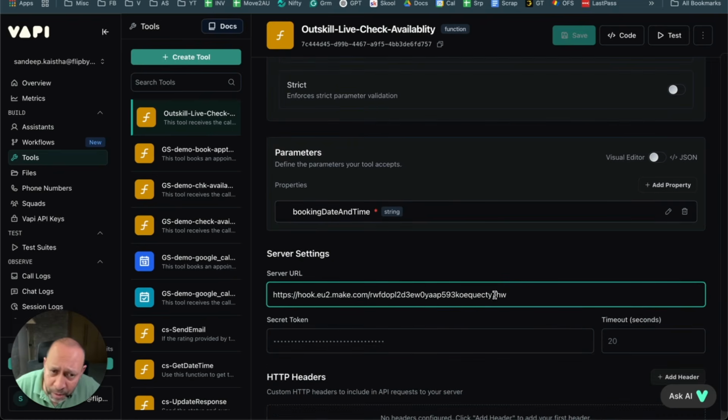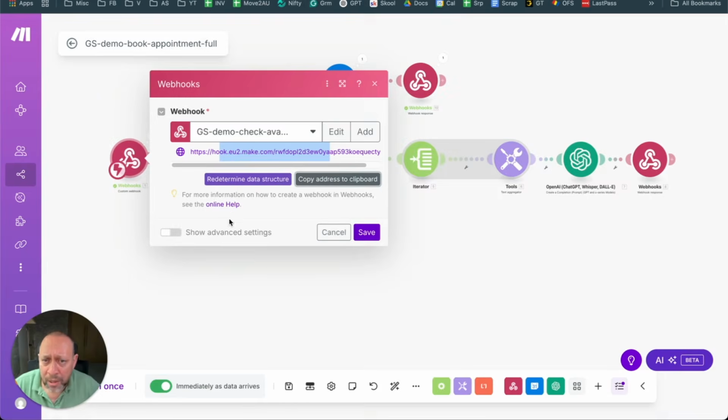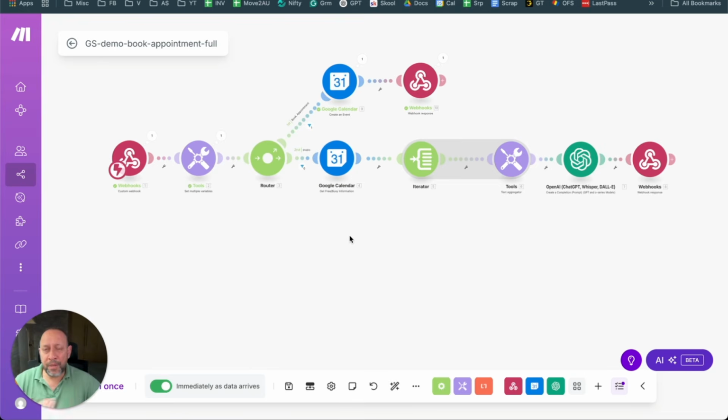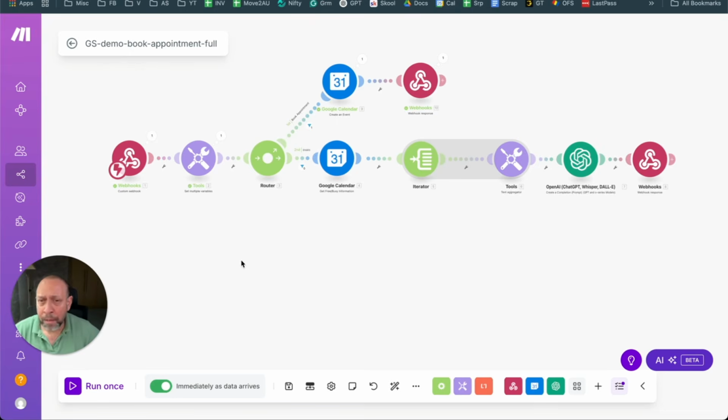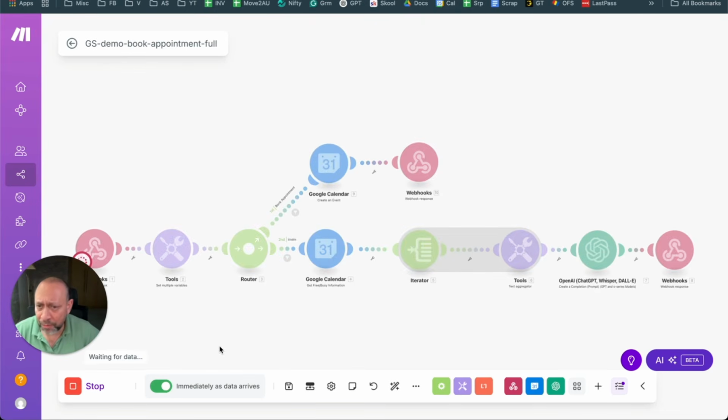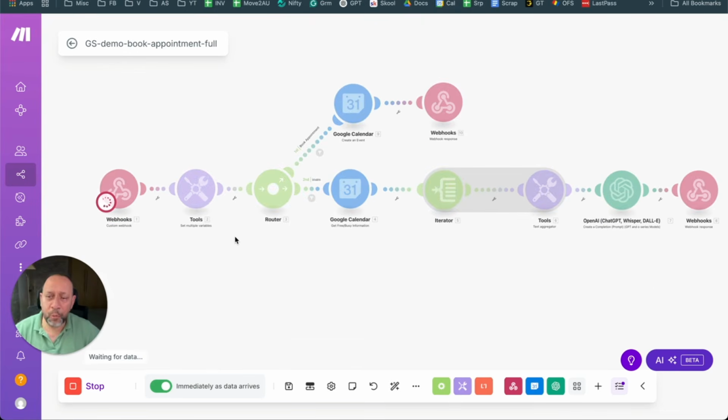So let's say server URL is 7HW at the last. Let's go to this 7 and say 7HW. So basically what it means is this webhook and that they are connected. So essentially whenever the AI starts off right now, it will have this flow. So let's see how it works. Okay, I'm just going to go a little bit up. So I'm going to run this now. And what I'll tell you should happen is